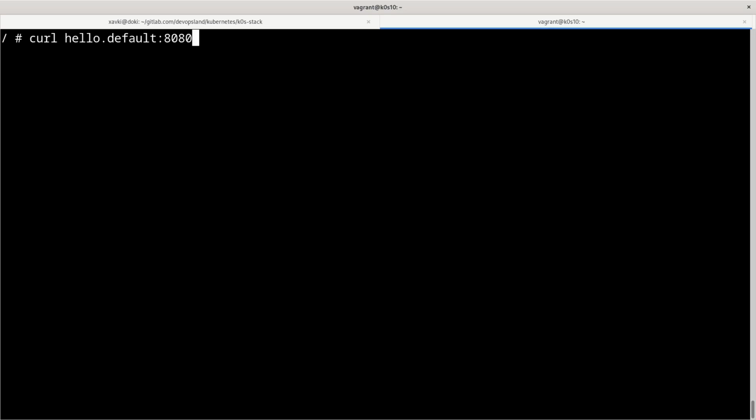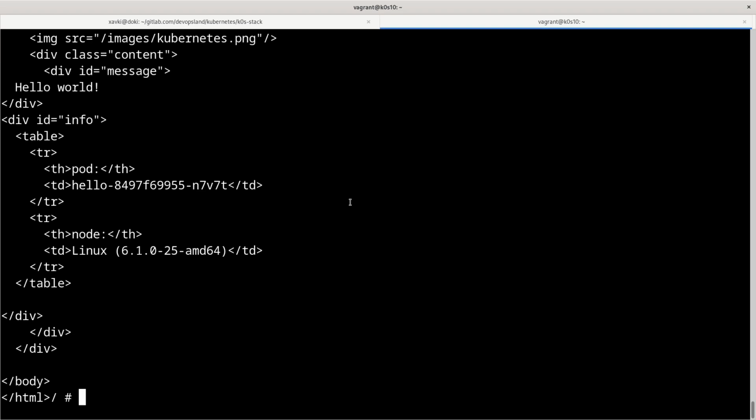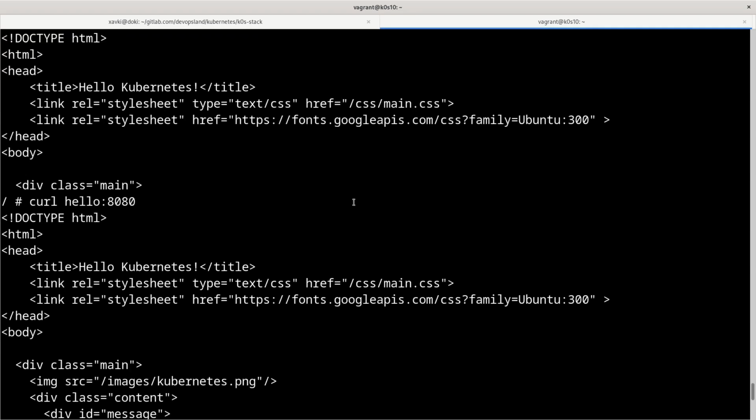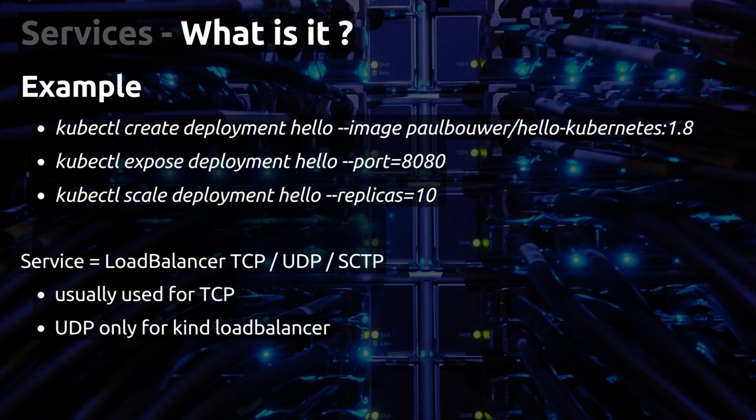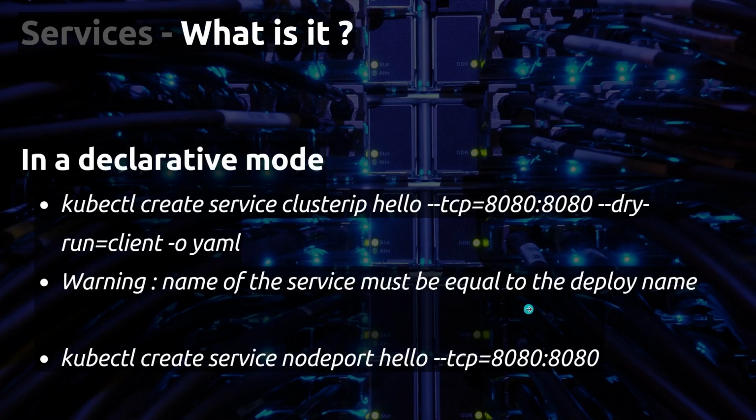And because we are in the same namespace for our service and deployment, we can use directly hello and not specify the default namespace, and it works again, but just because we are in the same namespace.